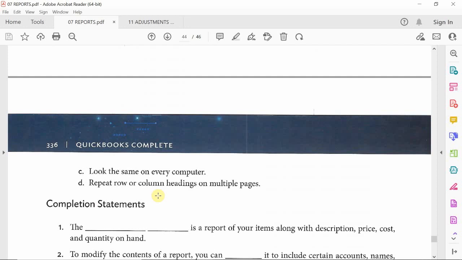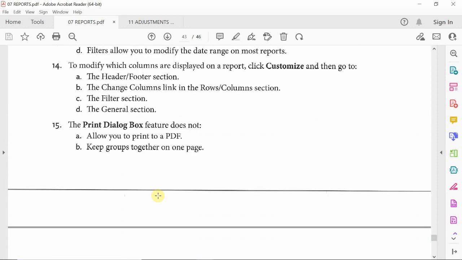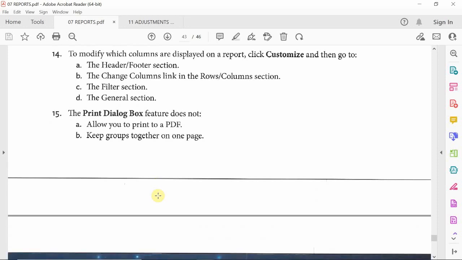Yes, it doesn't look the same on every computer. This is a weird question, in my opinion, but in this case, that's going to be true to anybody who prints anything. Everybody's computer is going to be different from each other, right? I could be on a Mac. I could be on a